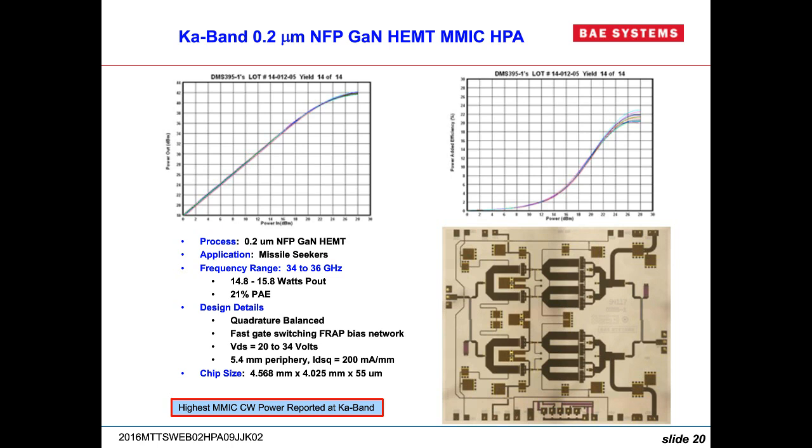The previous generation was a pHEMT, and it was single-ended. It had 3 stages to get to the gain. It had larger efficiency, but it was only 5 watts, 1/3 the power output, and it was about 19% efficiency. So you can see between the circuit advantages of GaN HEMT compared to pHEMT that the performance is just superior, which is why it has taken off as displacing pHEMT power amplifiers through most of the microwave and millimeter wave frequency regime.